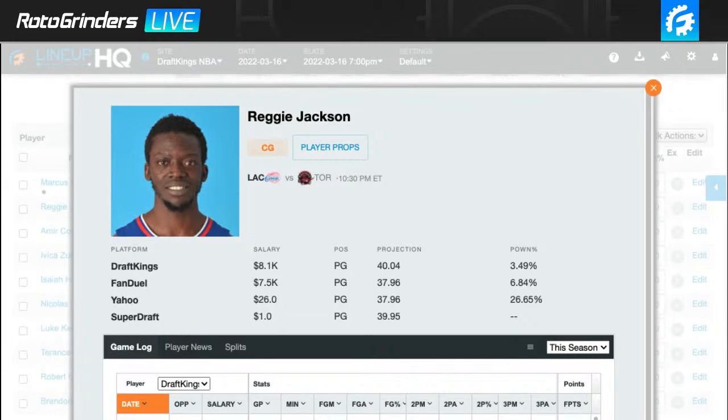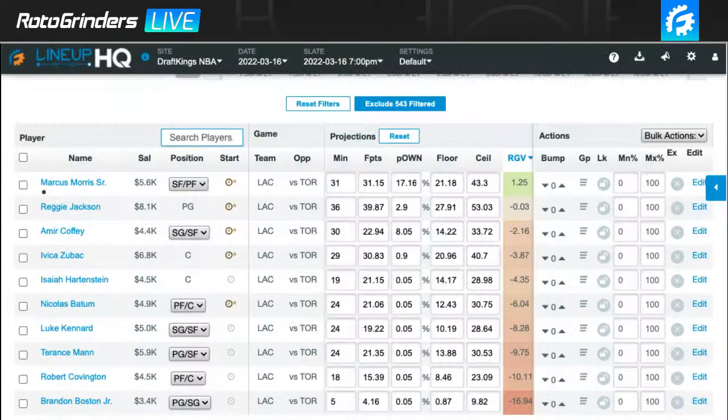Other guys I'm a little bit interested in: Marcus Morris. You know what you get with him. There's a lot of variance there. Precious is a value play on